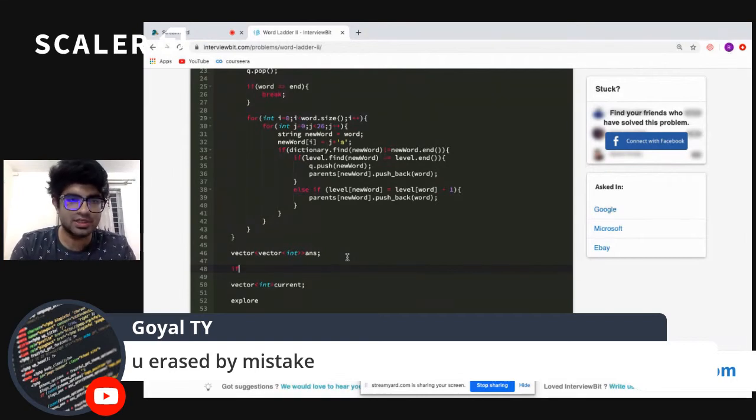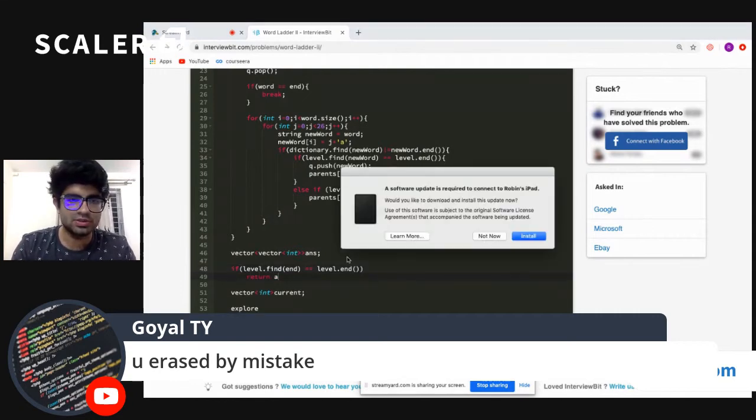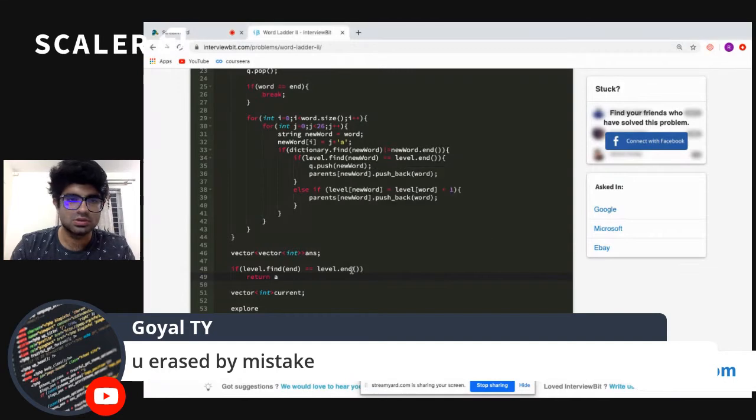And then I am checking. I'm finding the, oh sorry, and equal to that. And I just need to return answer. There is no point. Otherwise,